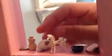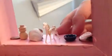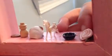We have a seashell, a little model horse, a glass horse that's painted, an Indian bowl, and a small rose. Then she has her special rock. She has her horses, her shiny horses mounted everywhere. Then she has her Horses of Fame, which has